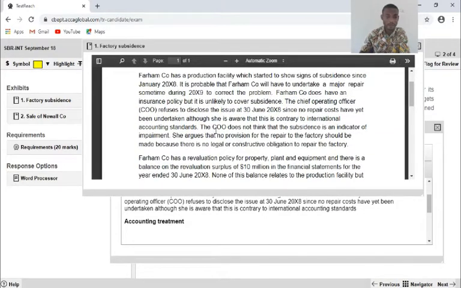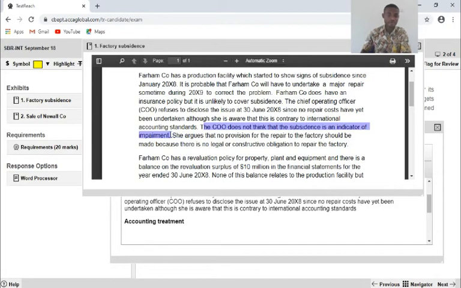Let's move on. Now, even though she's aware that this is contrary to international standards, so you're looking at the ethical concerns there, ethical considerations. Now, the CEO does not think that the subsidence is an indicator of impairment.